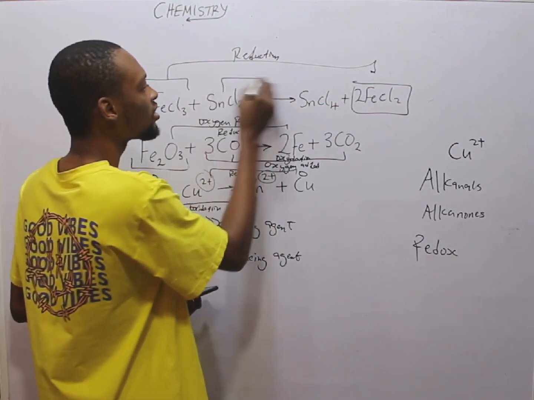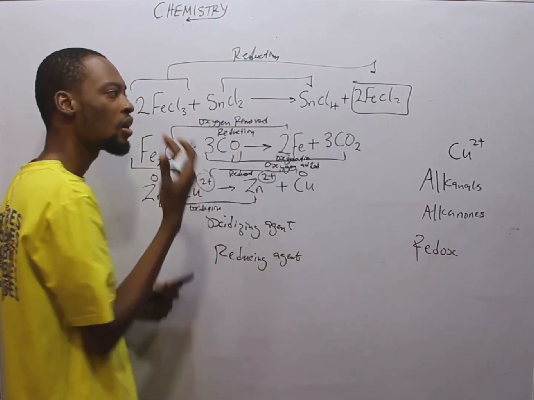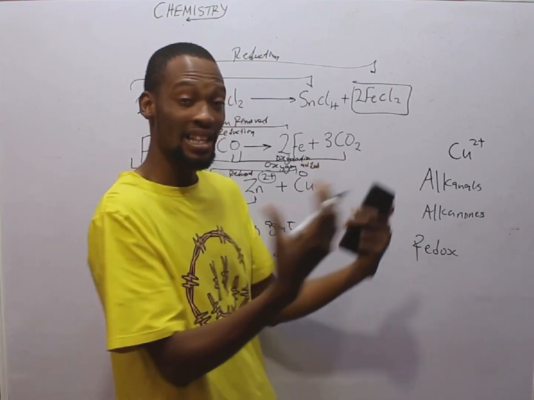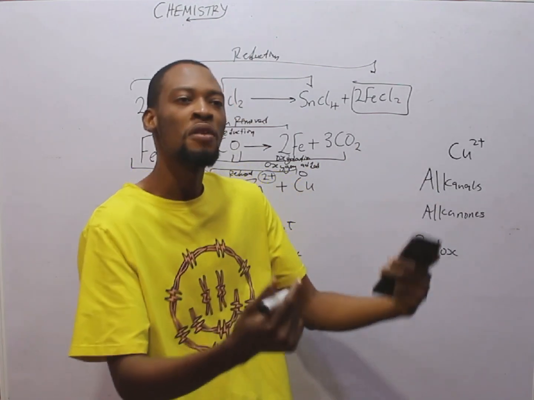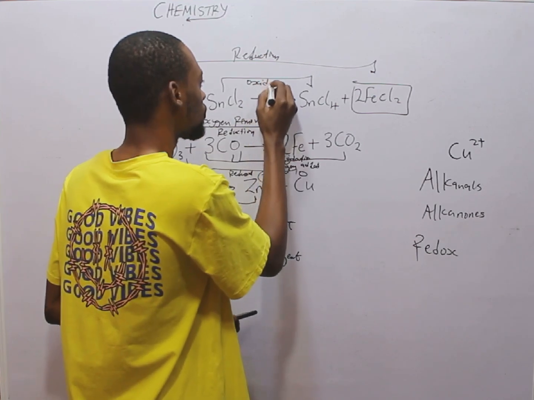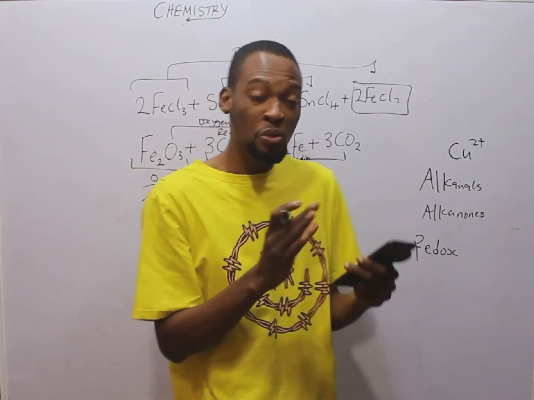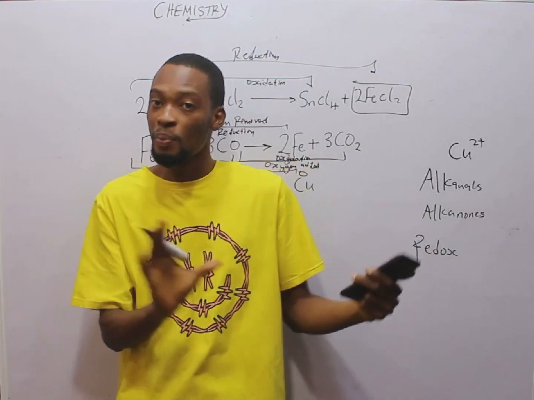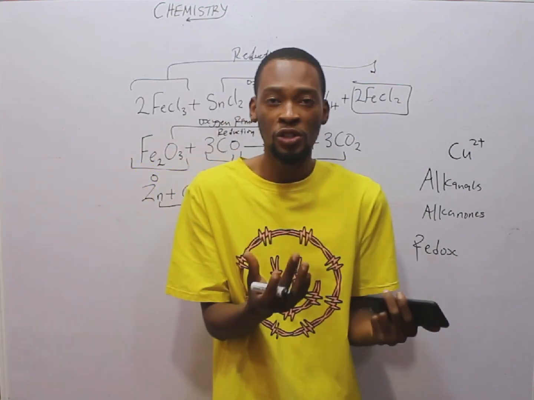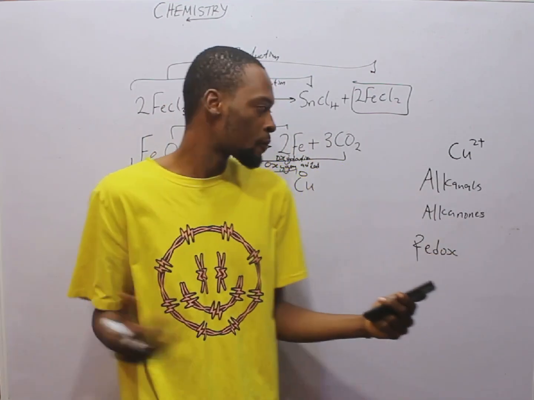Now look at this. For here, we have 2 chlorine. Here, we now have 4 chlorine. What is chlorine? An electronegative element, which means chlorine has been added. And addition of electronegative species is oxidation. So therefore, I've been able to use this question to enter a whole lot of topics in chemistry. That is the aim. The aim is not just to answer one question. With one question, we answer like 20 other likely questions.